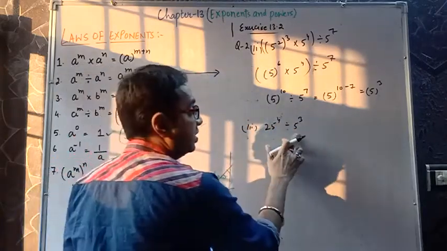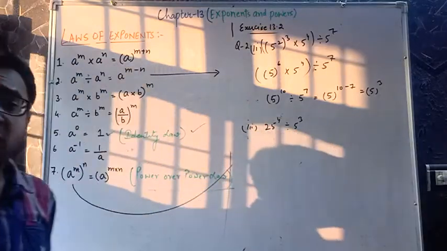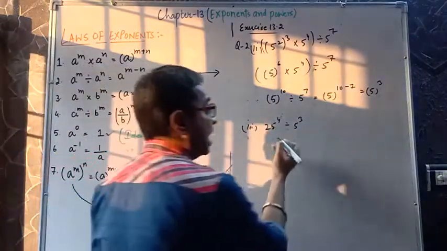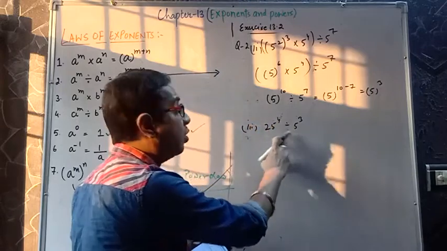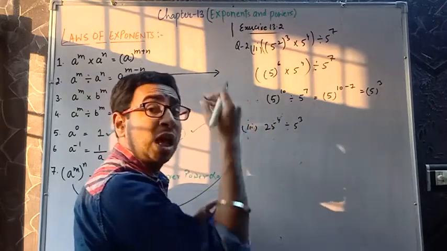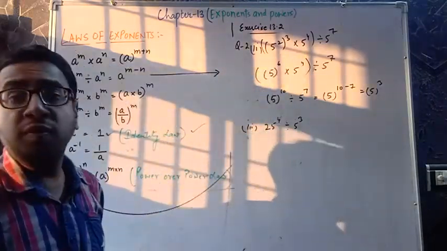See, here base is 5, here base is 25, right? We have to make the base same. How? Either I can change 5 into 25 or 25 into 5, which is simpler. Going from bigger to smaller is simpler in this case. So,